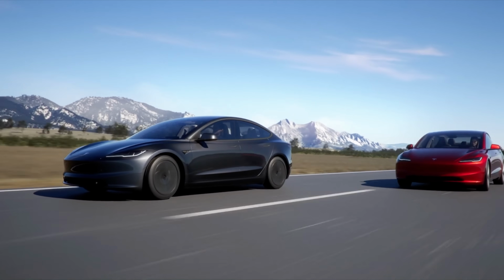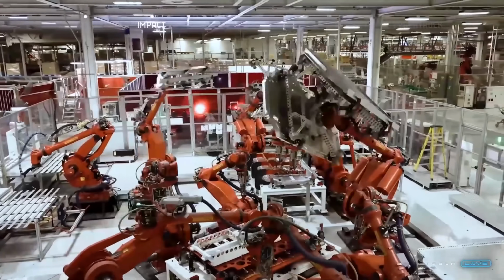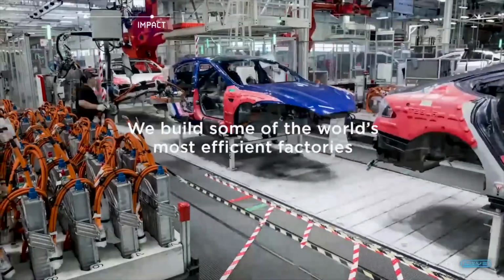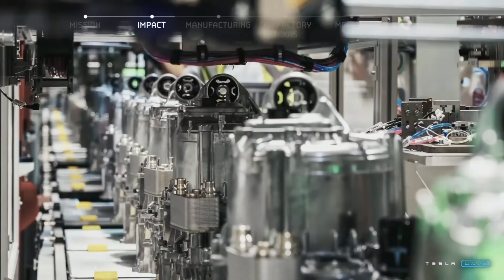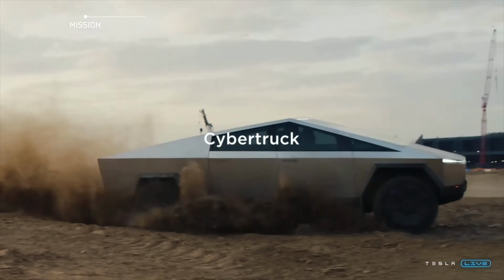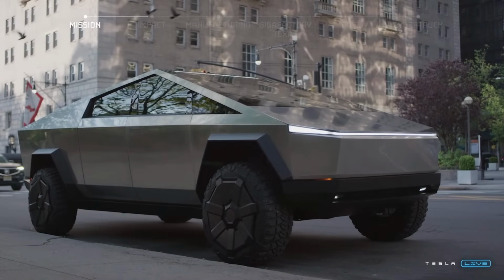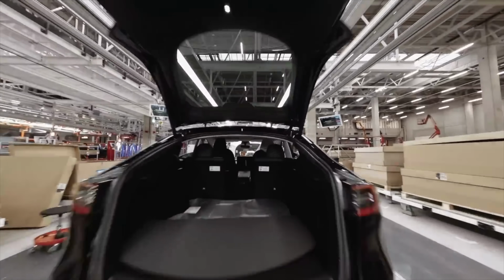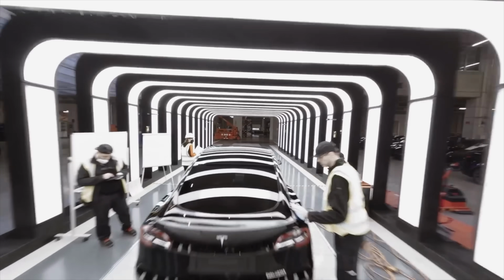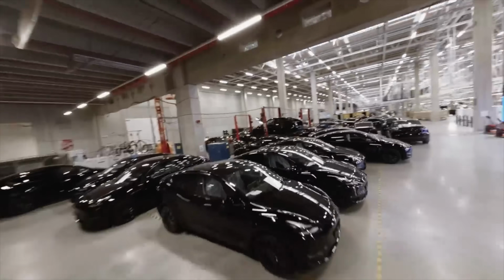So one of the big stories of the last week or so is that Giga Texas is actually back online after some downtime about a week or so ago. And while it's back online now, we've got a whole lot of new info on some master candidate Cybertrucks and some new additions that might have just popped up at Giga Texas that are going to be a really big deal, including an all-new upgraded paint shop capable of producing some brand new colors, finally, for North America